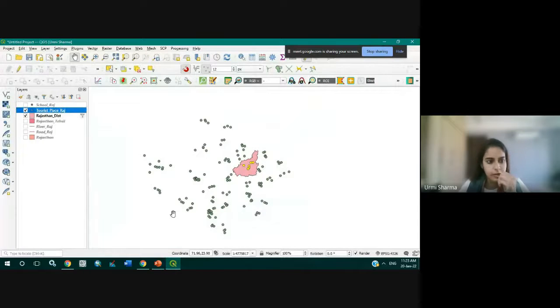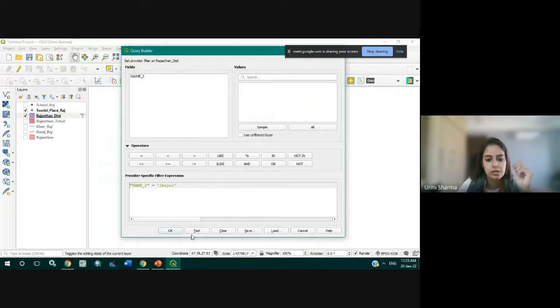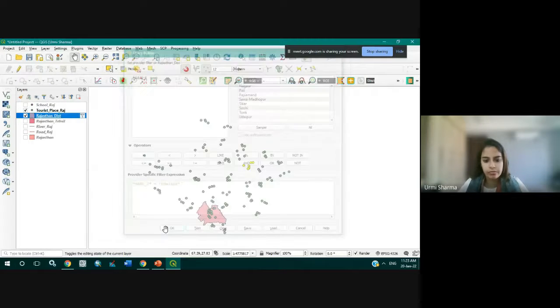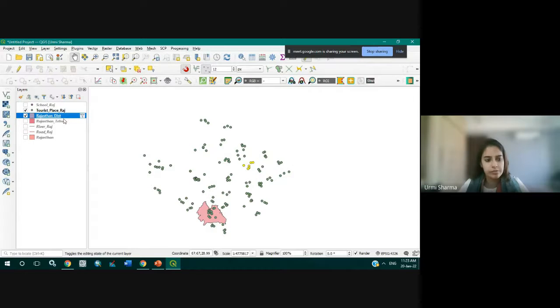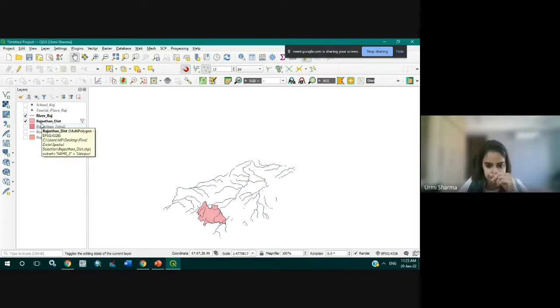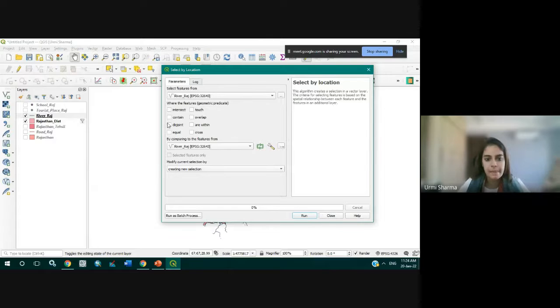So you can do it on your own also. First of all, you have to remove the previous filter from the district layer. You can click clear here. It is done. Select name again equals to, here we will select the Udaipur district. See, Udaipur district is selected. You can switch off the tourist place layer and you can open the river layer and you can put it above it. And now we will use the selection option, river disjoint